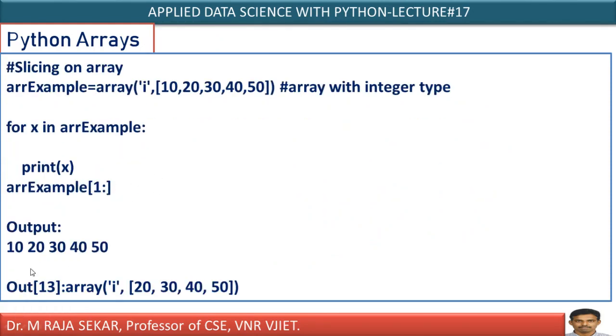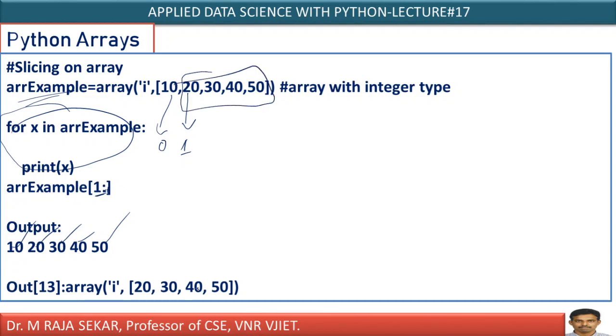Now if you want to display the elements, it is the same story. For loop, I already discussed this for loop initially. How can I display? For x in array example, print x. All these elements 10, 20, 30, 40 will get displayed because of this for loop. This one colon means what? This is the 0 index element. This is the one index element, which means it will display from index one. Here I am not keeping anything after the colon symbol. What does it mean? It will display all the elements till the end, starting from index one. It means from 20 to 50 all the elements will get displayed. That is indexing, isn't it? That's what it says.